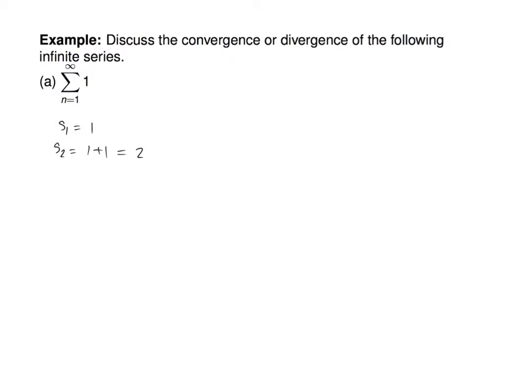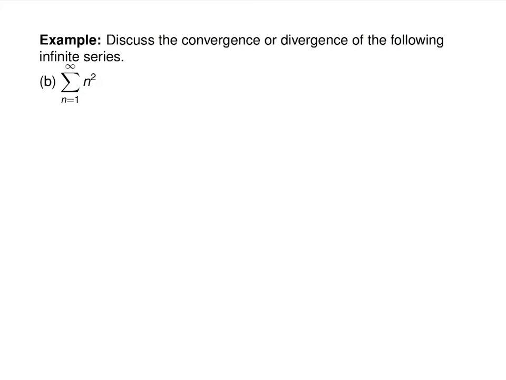Yeah, what's your nth partial sum going to be then? Infinity or n. N, yep. And then the limit as n goes to infinity of Sn is equal to infinity, yep. And so this series does what? Diverges. But you could have made a weird argument if you'd written one as n over n, which would have been equivalent. I don't know why that'd be helpful, but okay. Well, it'd do the same thing. Yeah.